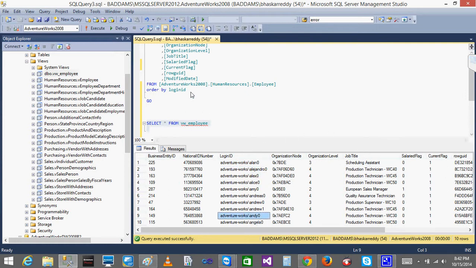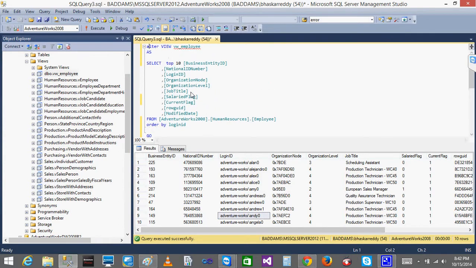But you will never use the order by, and in the view you will never use the top 1 record. Do you know the meaning of this top 10? Top 10 is nothing but, from the table, it will give the top 10 records from the table.